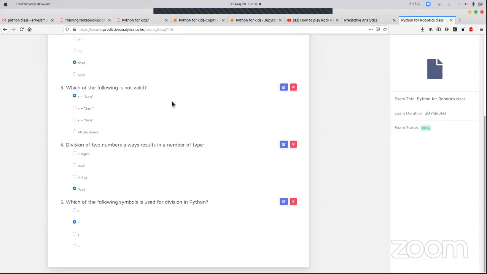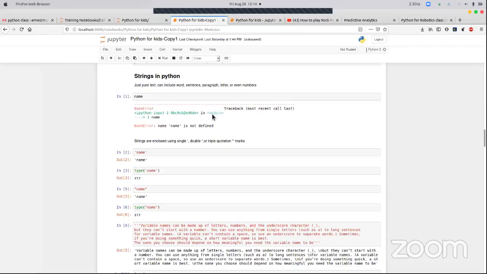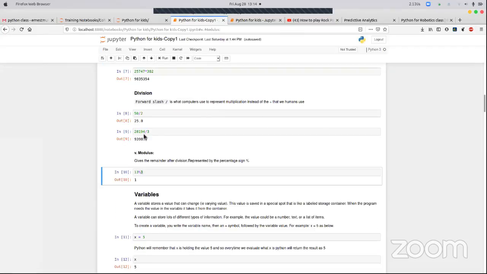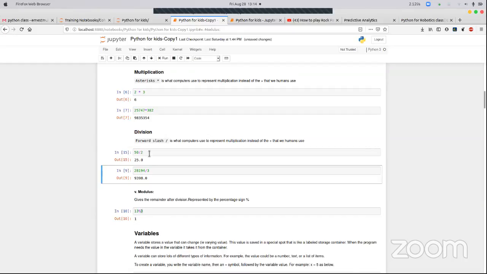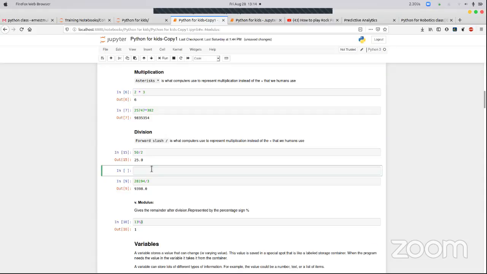Number 4, division of two numbers always results in a number of type. Remember how we discussed this in the mathematical operations, where when we divided 50 by 2, we got an answer of 25.0. When you use the type function on this answer and perform any other operation,